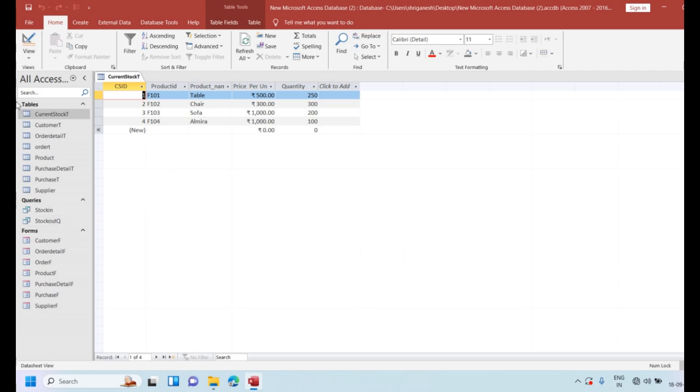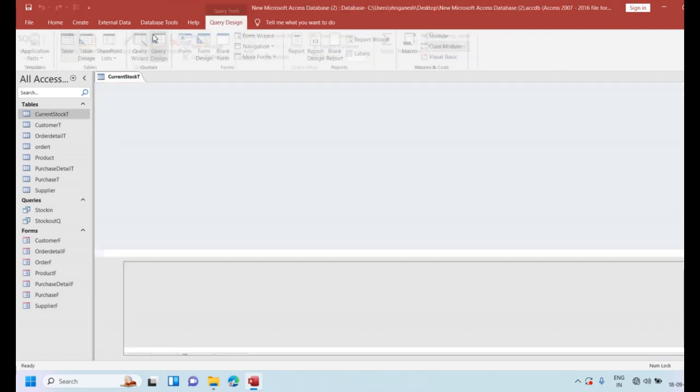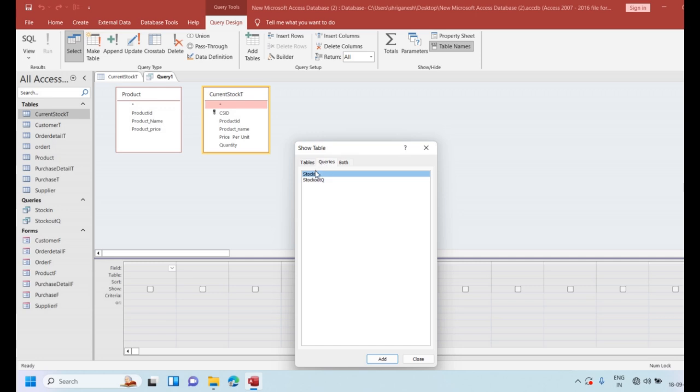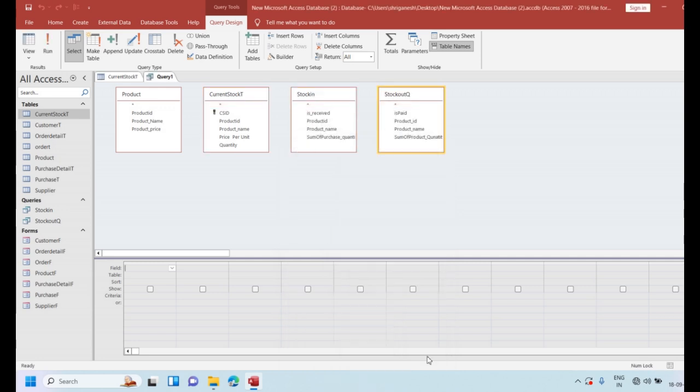To achieve this goal, we first click on create and go to query design. We need two tables: the product table and the current stock table. Then we need two queries, stock in and stock out. So we are creating a query using two queries and two tables. The product table is common to all of these.